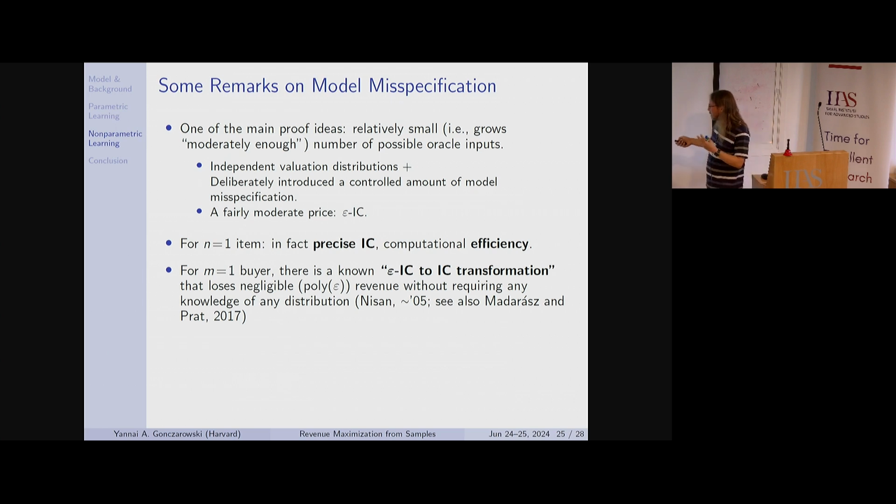From reading this, it's not exactly clear, but if you look at this deeply enough and think about it deeply enough, you understand that this is actually a general way to transform epsilon IC mechanisms to IC mechanisms. This 2017 Riestad paper in economics is a full paper that's written independently around the same idea that Noam had told someone, because he didn't think it was worth writing about. They wrote a footnote about this. This is a Riestad paper centered around the same idea.